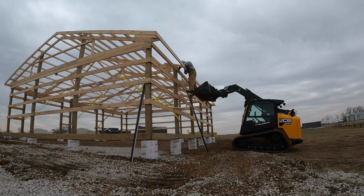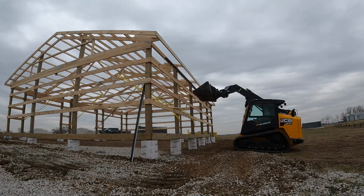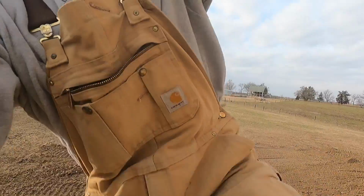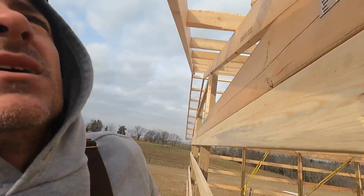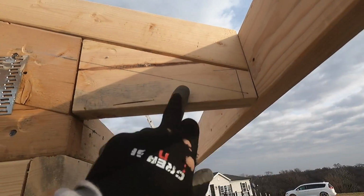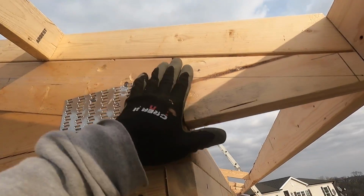All right, we are going to put all of the F channel up. So I snapped chalk lines. I already blocked in the ends here. I'll show you a couple details up here on the roof. So I just cut an angle here and blocked that in, and then this will just